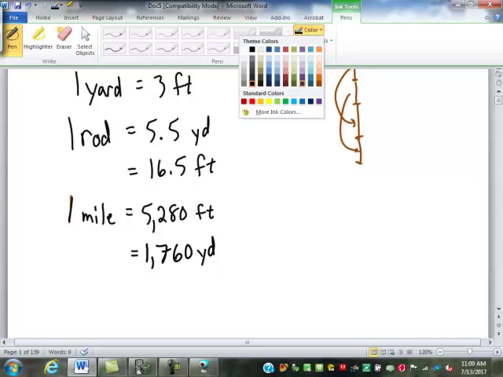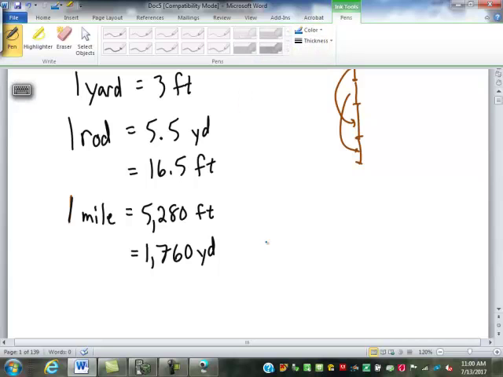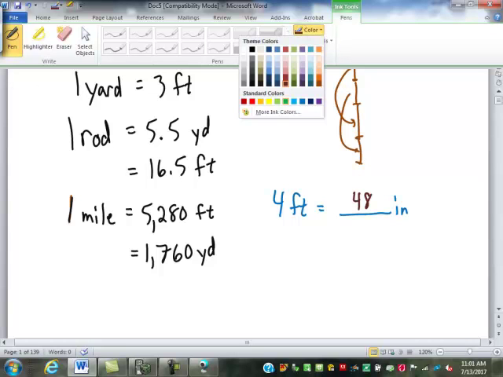So those are our standard units of length. If I want to convert between them, well, if I give you like 4 feet and I ask you to convert it into inches, many of you can do that without thinking too much. What is it going to be? 48, yes. We've done that conversion from feet to inches and inches to feet enough times in our life that feet to inches you multiply by 12 or whatever. But if we didn't know that,